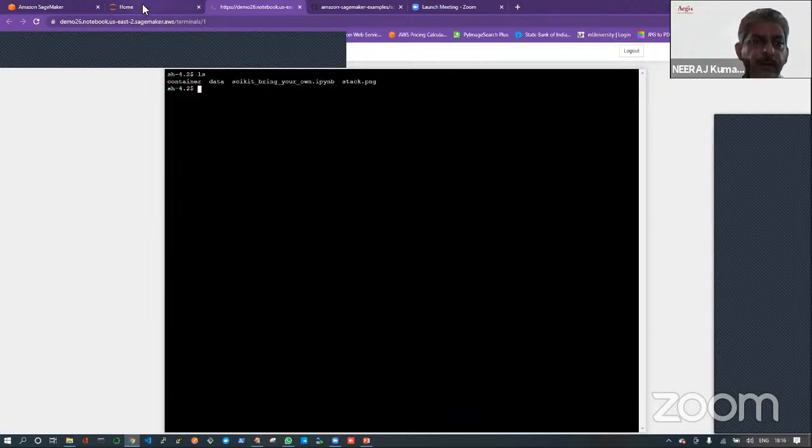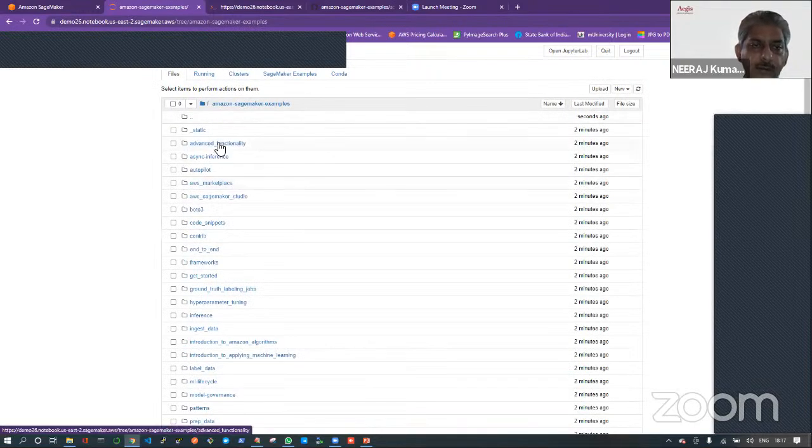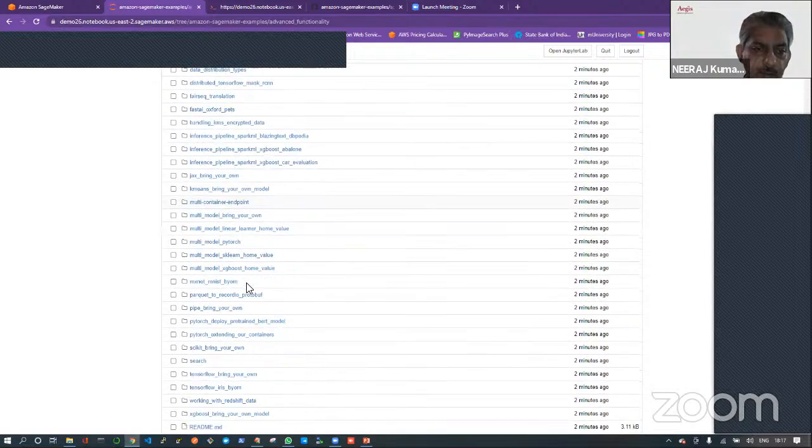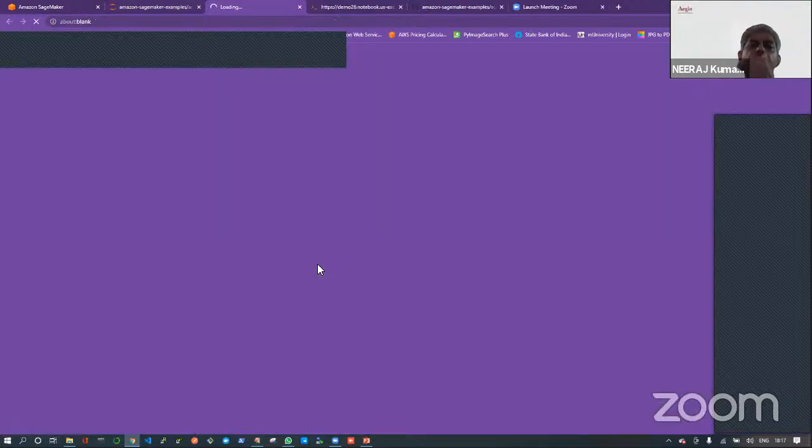Let me open this file. You can see this is now showing in my Jupyter notebook after cloning. So let me go to advanced, then within advanced go to scikit-learn, and you can see this notebook is there. Let me open that.